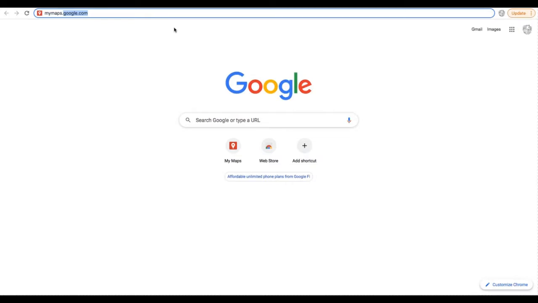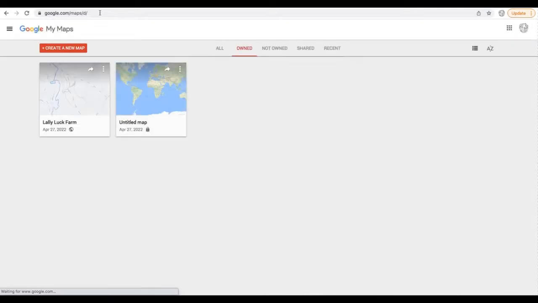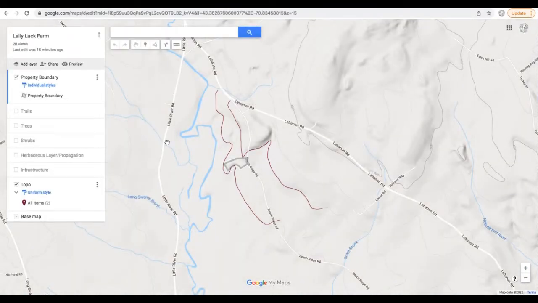This is a free thing that we can do here, so it's just mymaps.google.com. I have one pre-made, but they're easy enough to do, and you can just create a new one however you need to. But so we're going to go into the Lally Luck Farm one. And you'll notice right off the bat, I have it in a particular view. This is the topographical map. These are not the most